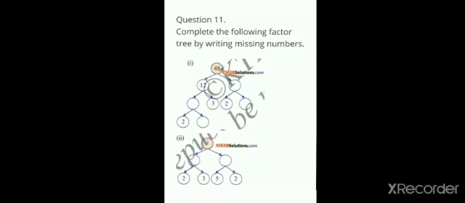So here they have not given the multiple, but they have given the factors. Let us find out the multiple of 2 and 3. 2 3s are 6. You have to write 6 in the first circle, and 5 2s are 10, and 10 in the second circle. So if you multiply 6 and 10, you get 60. So in the top circle you have to write 60. 6 into 10 is 60.